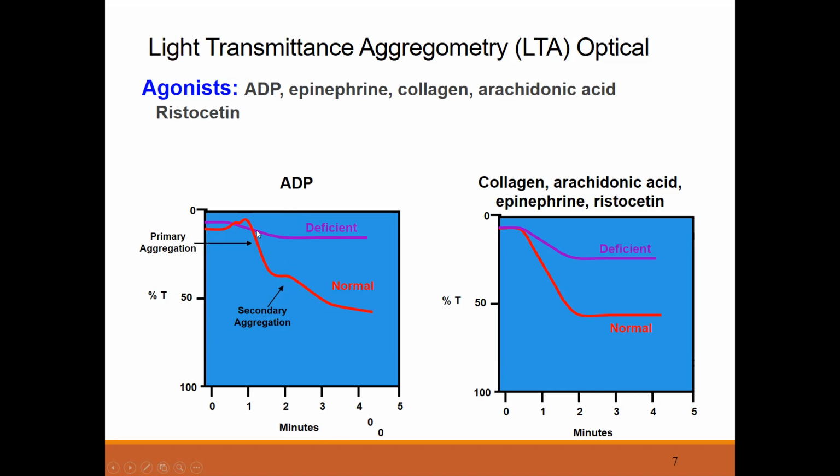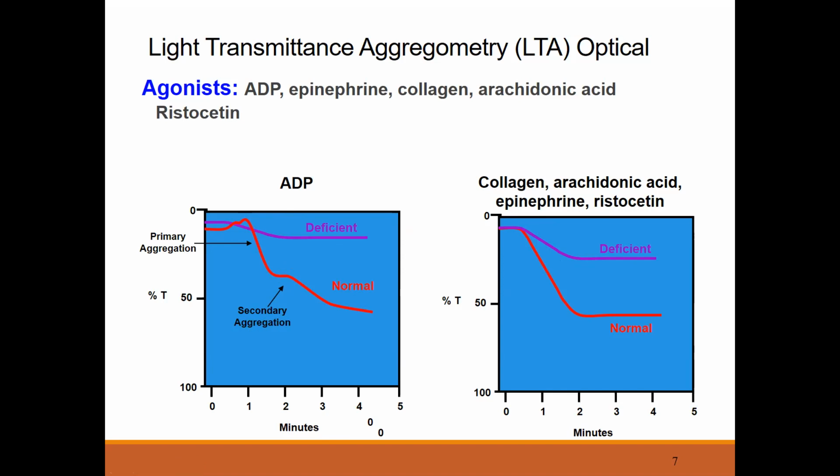Now, this is for ADP. It could be slightly different in the case of other agonists. So this just shows you a control or an example of what it would be like in the presence of collagen, arachidonic acid, epinephrine, and ristocetin. And these are all agonists that are added to your